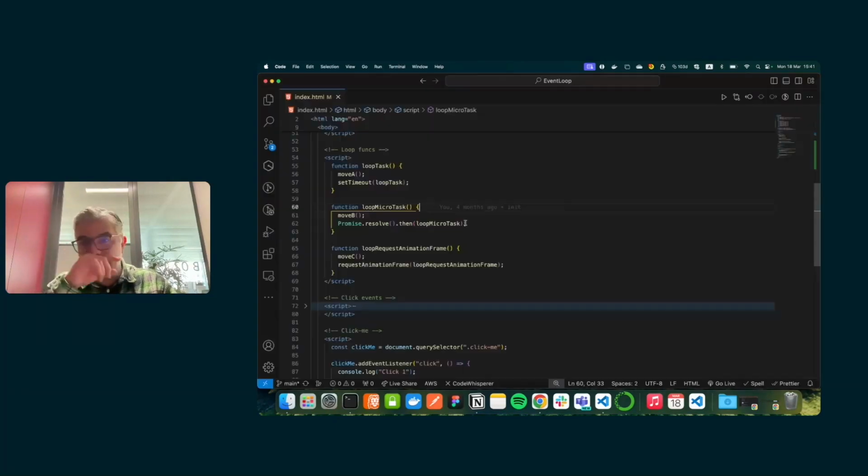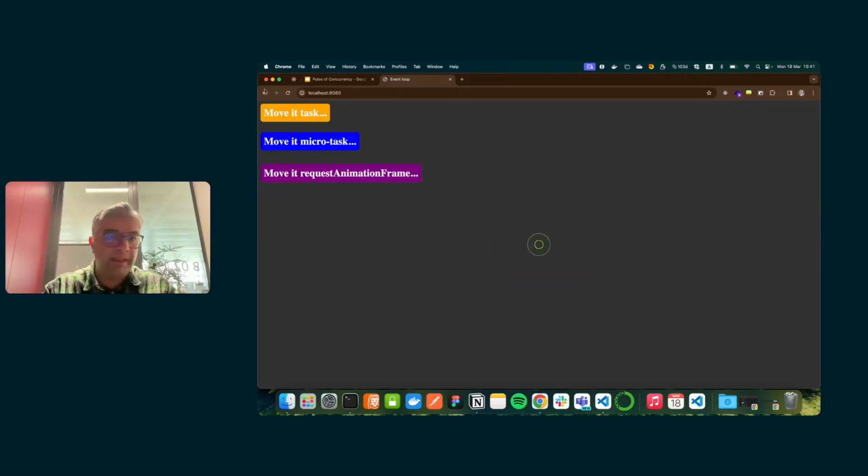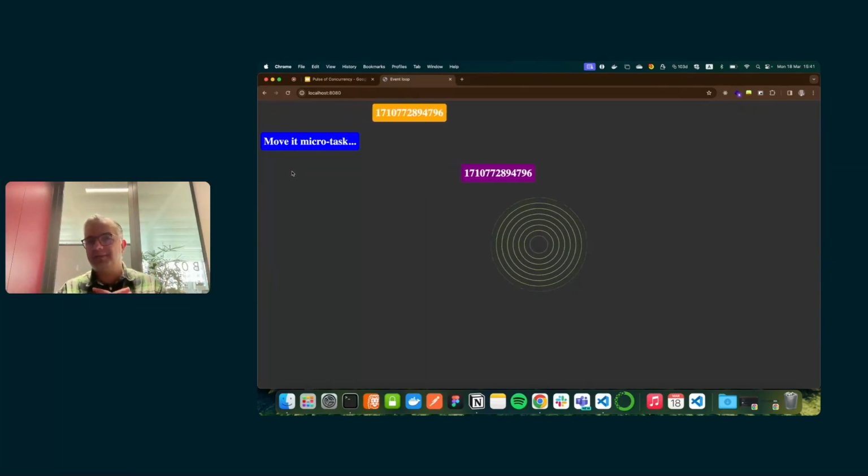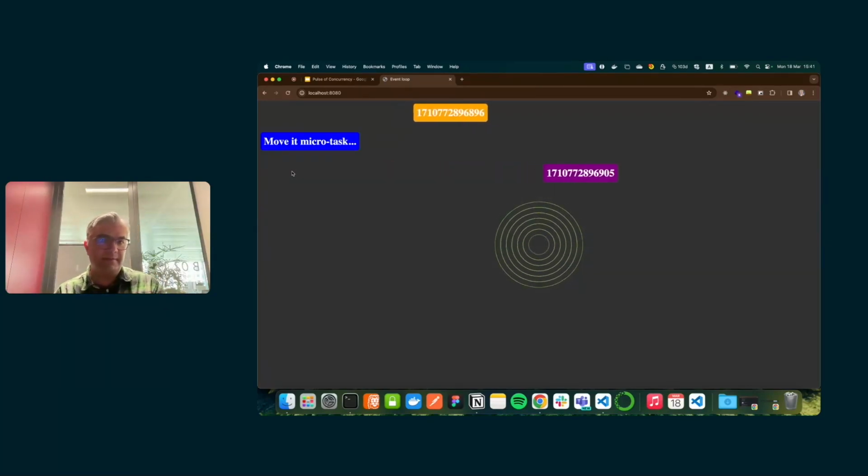So let's do some kind of calculation for our set timeout. So it was going faster, right? We want to slow it down. So it means it is 1000 milliseconds. So if I divide it by 60, does it help us? This one and this one. See? It was getting there, but it's not quite correct.